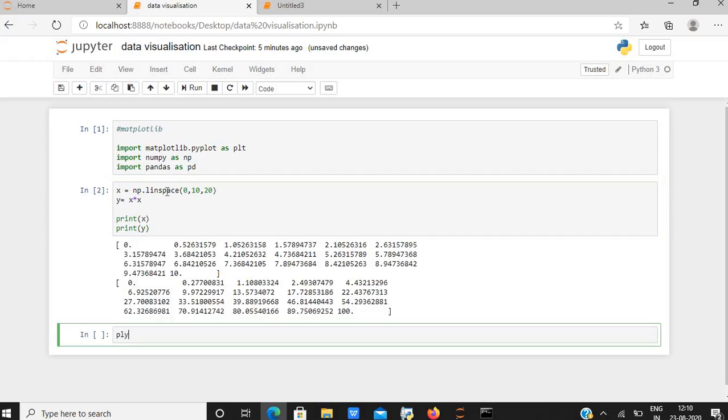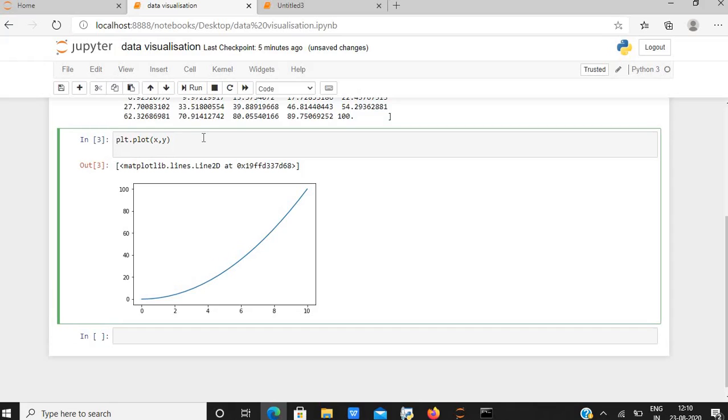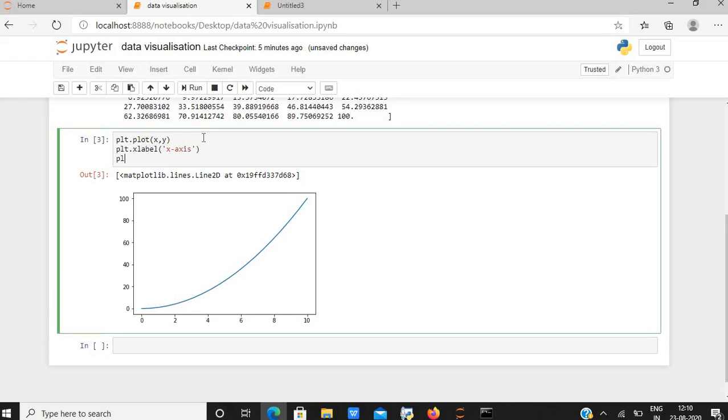Now let us plot a graph between them. To plot a basic graph, we need to type plt.plot(x, y). As you can see, we have a graph. We can also label the graph by giving values: plt.xlabel as x-axis and plt.ylabel as y-axis.